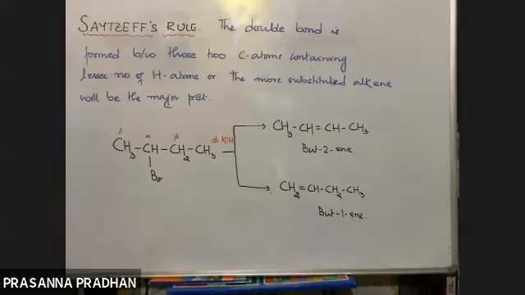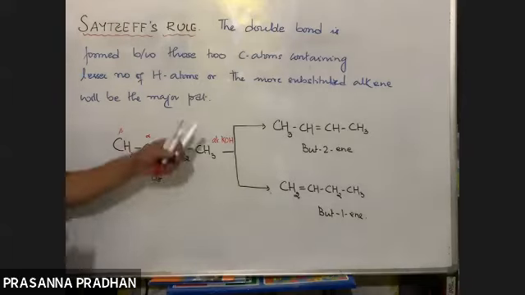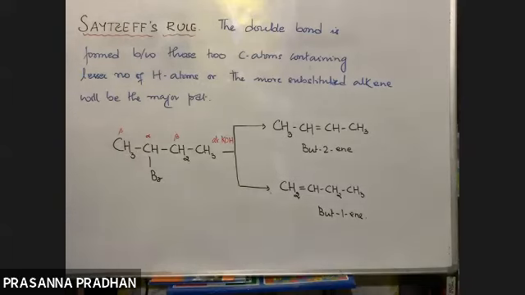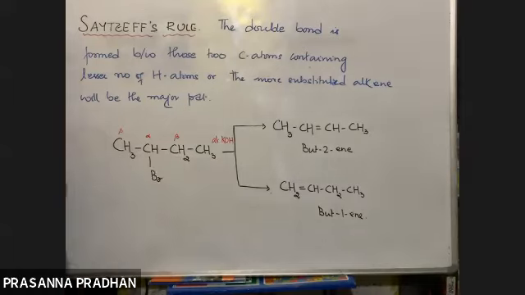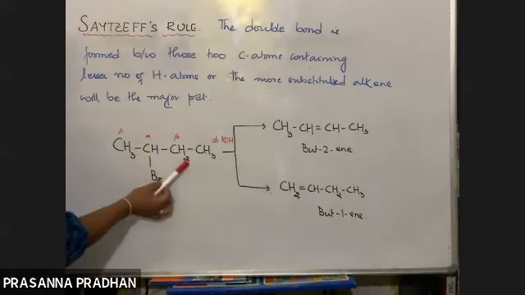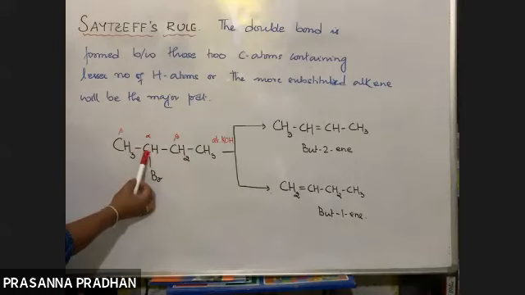So if you have two possibilities, if there are two types of beta hydrogen, then which will be the major product? It will depend upon this. Now, what is the thing? You simply have to count the number of hydrogen atoms between the alpha and the beta carbon. So let us consider this. In between this alpha and this beta, how many hydrogens are there? How many hydrogens do you see, guys? Yes, tell me. In between this carbon and this carbon, how many hydrogens do you see? We see 3 hydrogen atoms. Yes, 3.